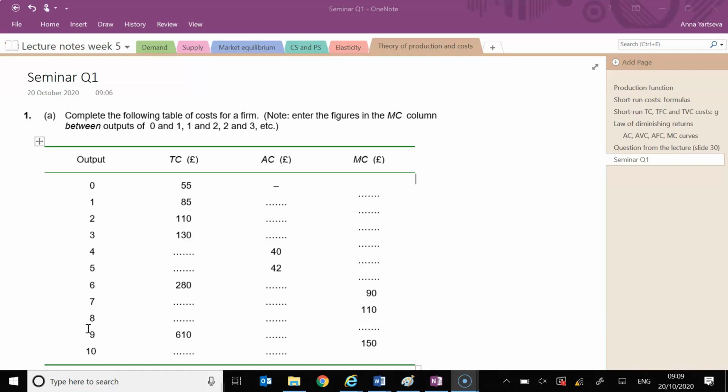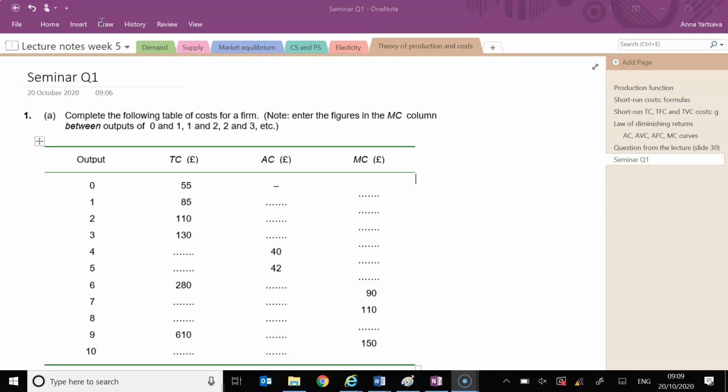Production and costs. This is the first exercise which we are doing. I will be working on my laptop and I will record this session and you will be able to download this video from Moodle. So the first exercise, here you are asked to calculate various types of costs, and we